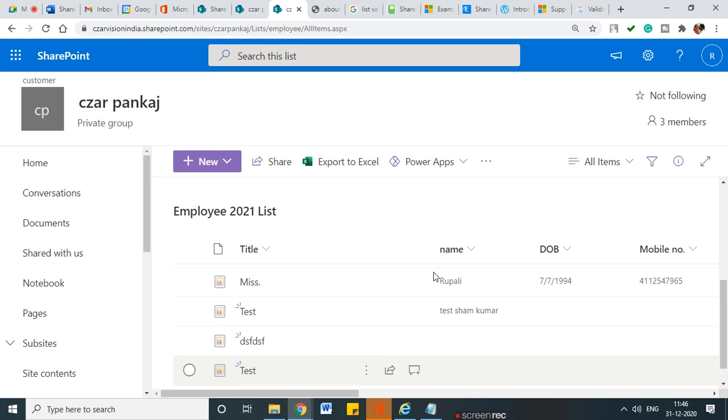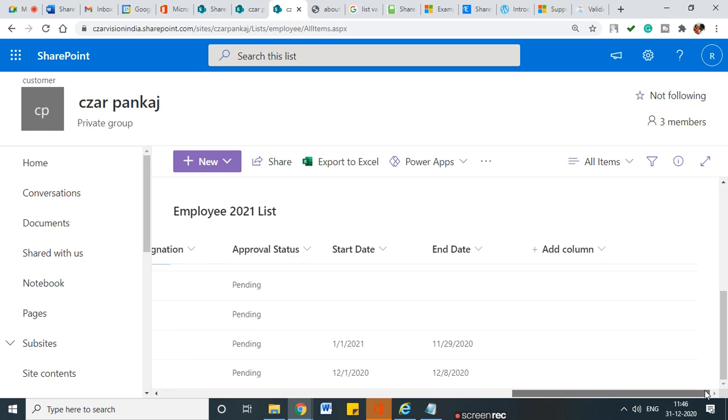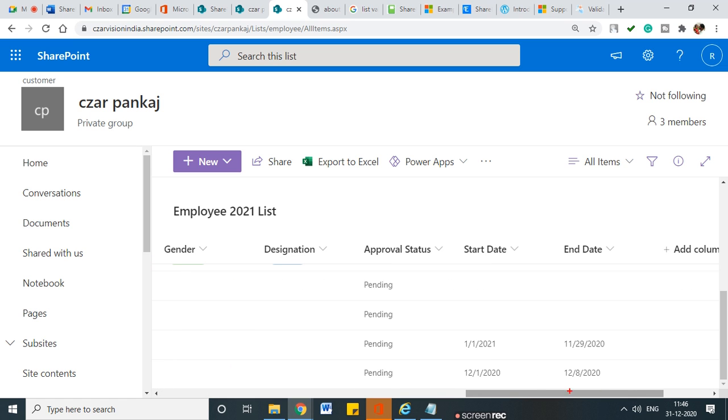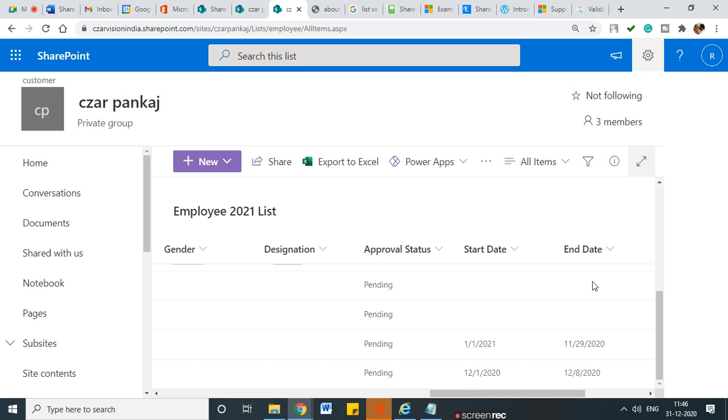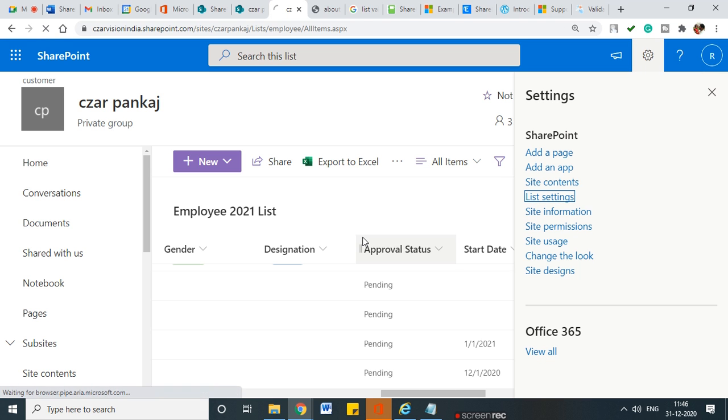Okay, so this way we refer to the two columns and perform some column validation. Now I have entered the correct information here, and I restrict the user from putting invalid information. Okay, so this is one thing. So moving back now. So this is comparing the two columns. Now I'll go back here in the list settings,